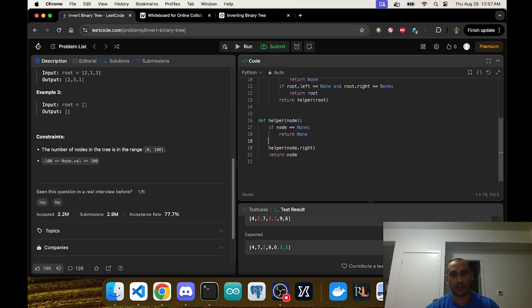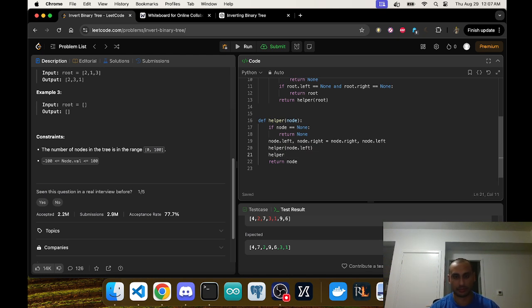Then it says basically if, so node dot left, node dot right equals node dot right, node dot left. So it swaps, then it goes helper node dot left,